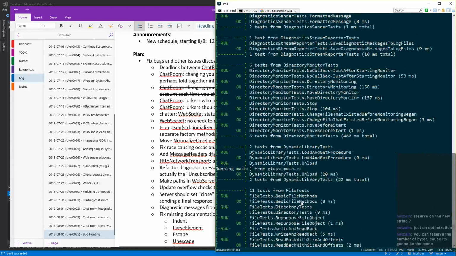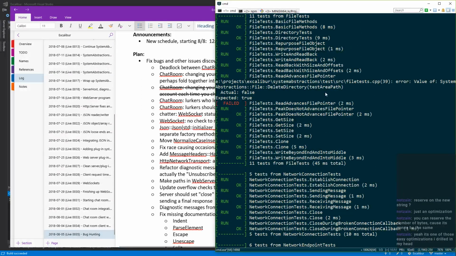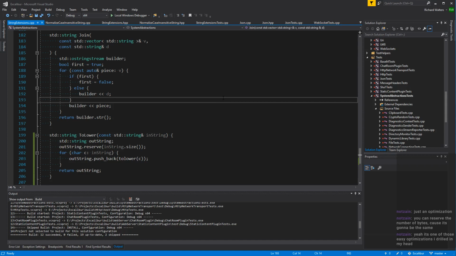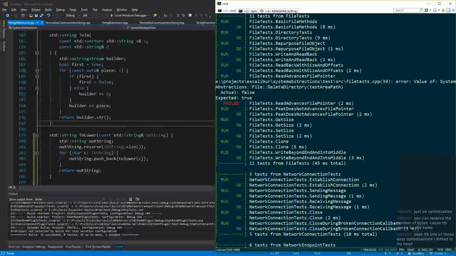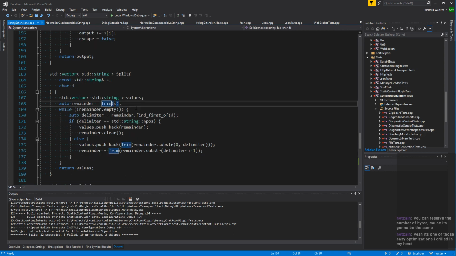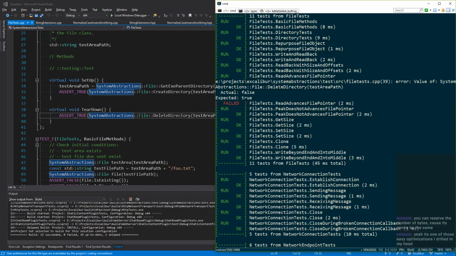Before I lose it in my history, let me see what that failure was exactly. Okay. It's the cleanup was unable to delete the test area. Yeah, I need to drill those into my head too, the simple ones like that. Those ones are not, what do they call it? Premature optimization, which you kind of want to avoid. Those are the easy ones that are kind of like you should just do them. File tests. I just want to see what that, yeah, so the teardown is failing sometimes.